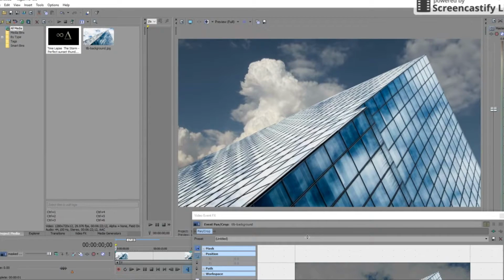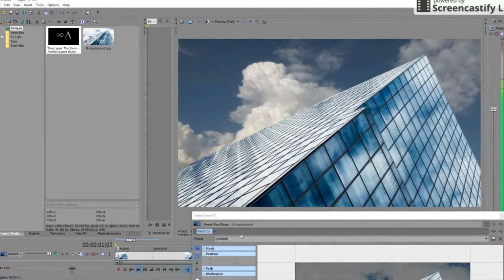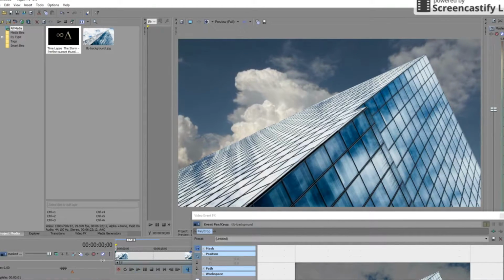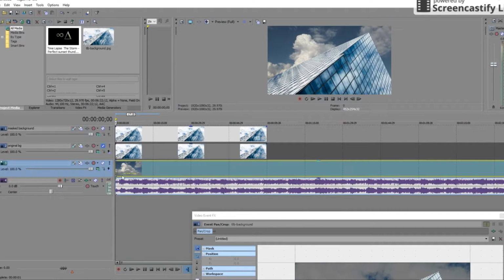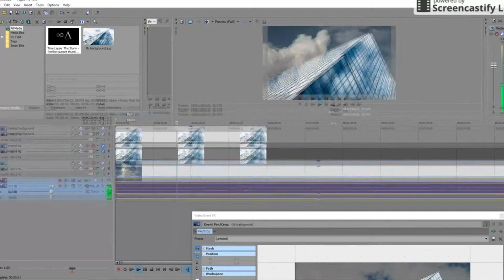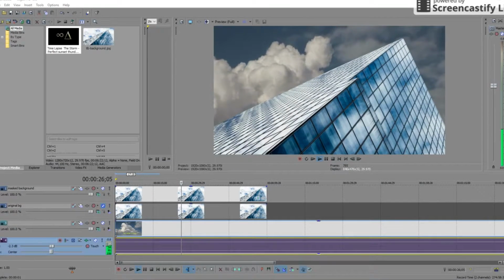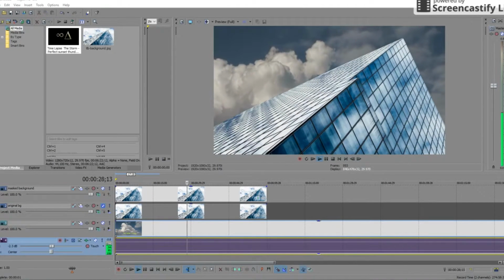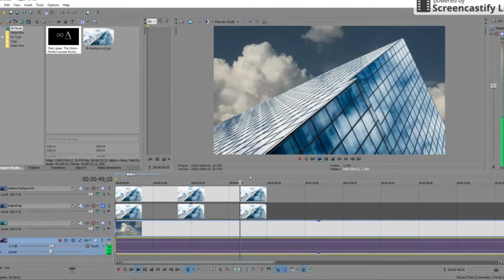Since full screen doesn't want to work. And there you guys go. So that is a quick tutorial on how to add masking. Now we're almost done here. One extra thing you may want to consider is doing color correction to these clouds here. So let's try and do that, unless there's any other clouds that